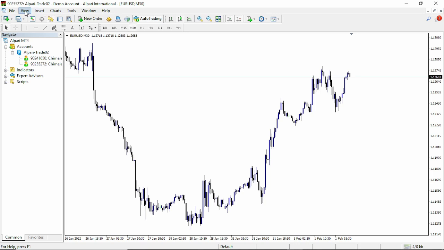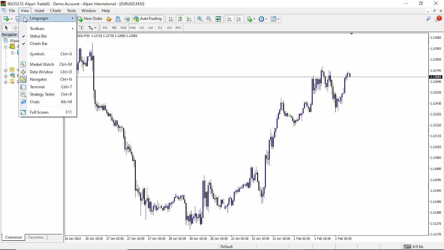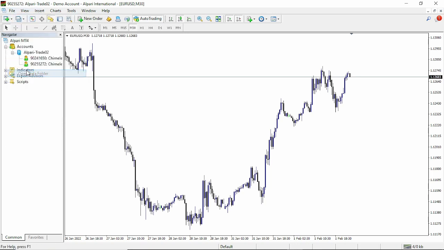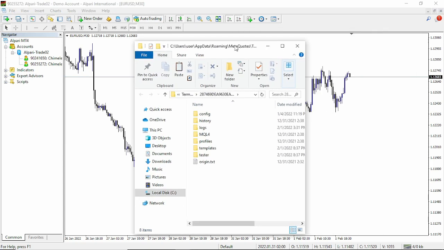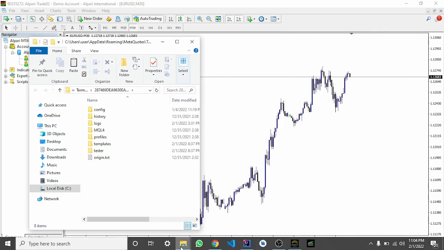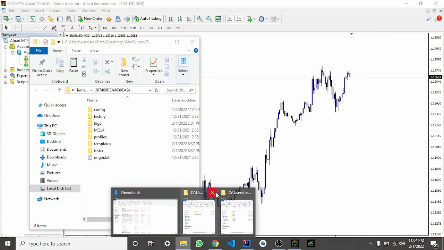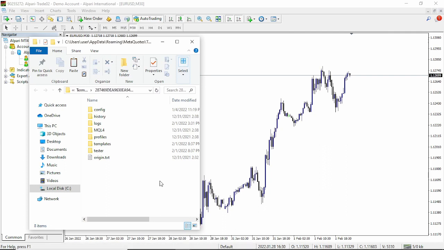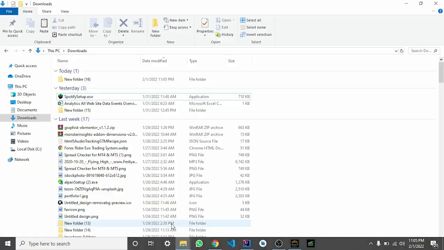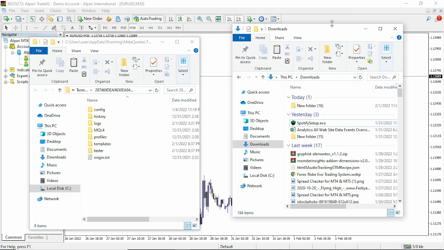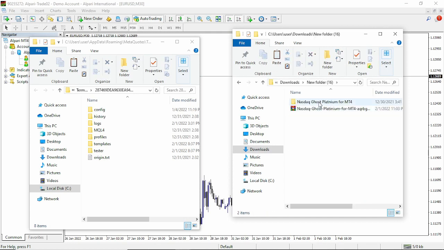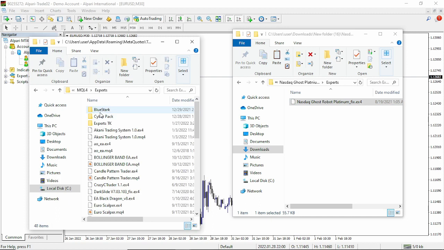We're going to go to our file and go to our data folder. Once we do that, we're also going to open the other folder we had previously. Let's cancel out some of these. We're going to go to our downloads folder here, minimize this, and go to the folder we had previously. Let's go to our experts folder here. We copy our expert file, and then we go to our experts folder over here, and then we paste it